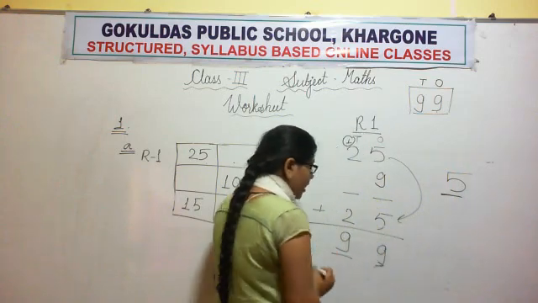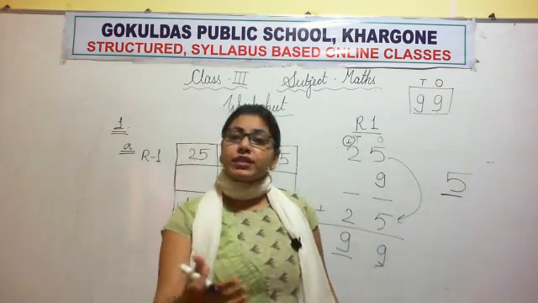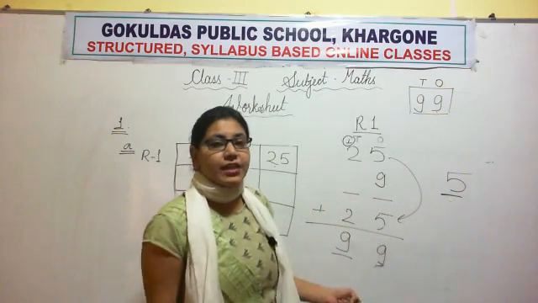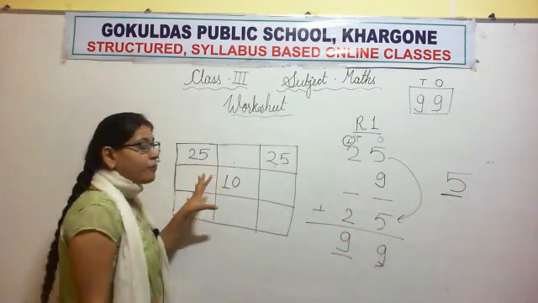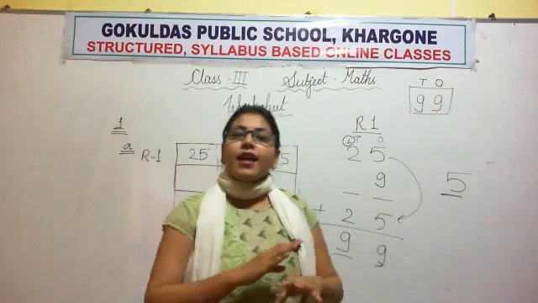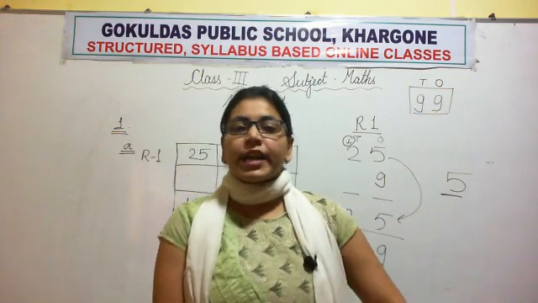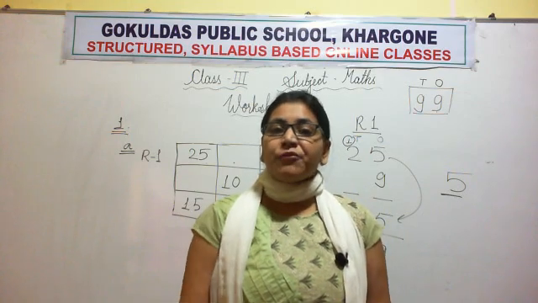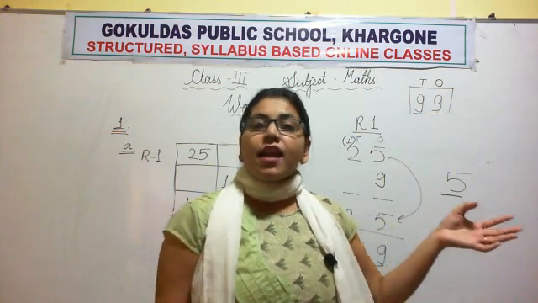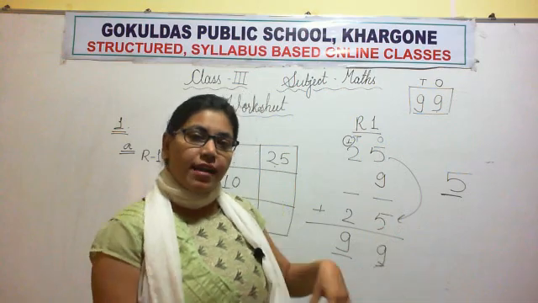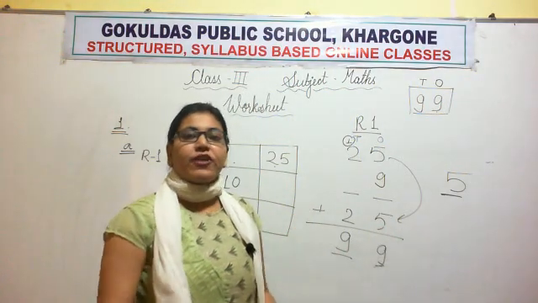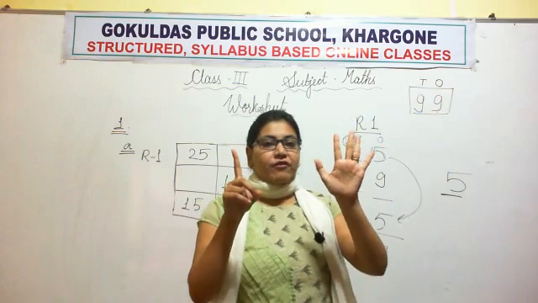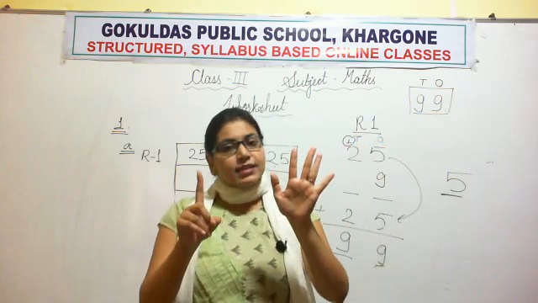But what do we want? We want the number 9. So which number will we add to these 5 to get 9? Let's try. These types of questions are hit and trial based questions. Hit and trial means we will try many options, and whenever we get the correct option, we will stop there and write that answer. So let's add 1 to this 5. What will we get? We will get 6.